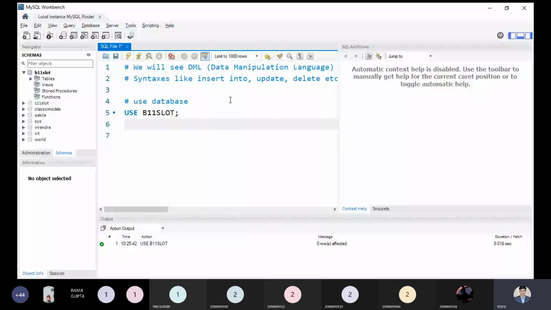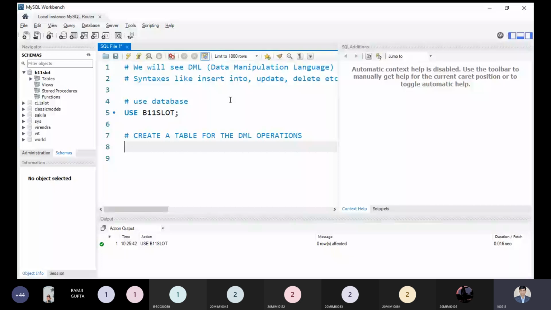After this, we have to create a table for the DML operations. I can write it over here for your betterment, then you will be able to understand. First, can anyone tell me which table or which information I must create over here? Just tell me anything so we can create it properly.